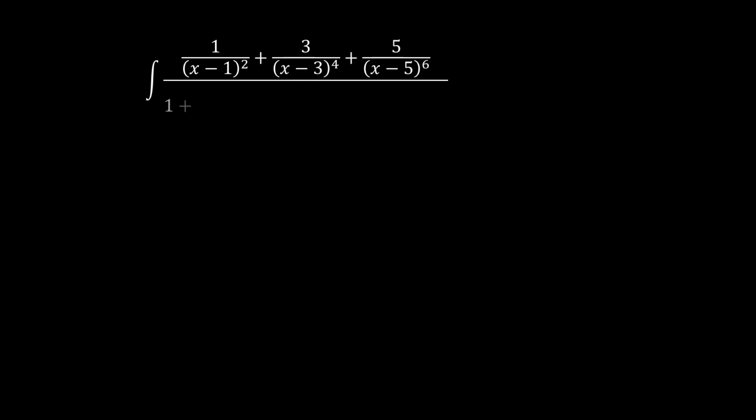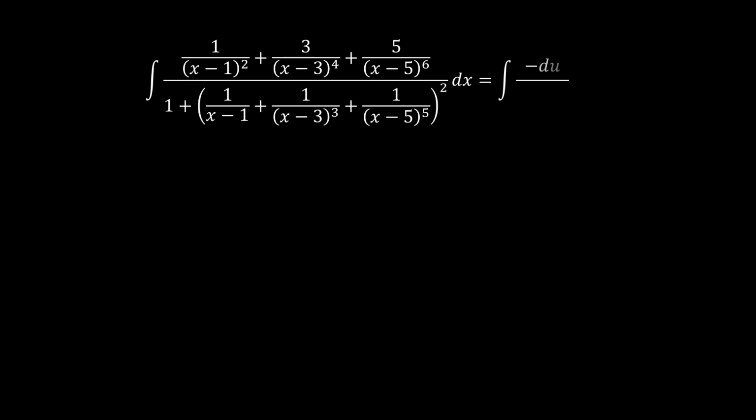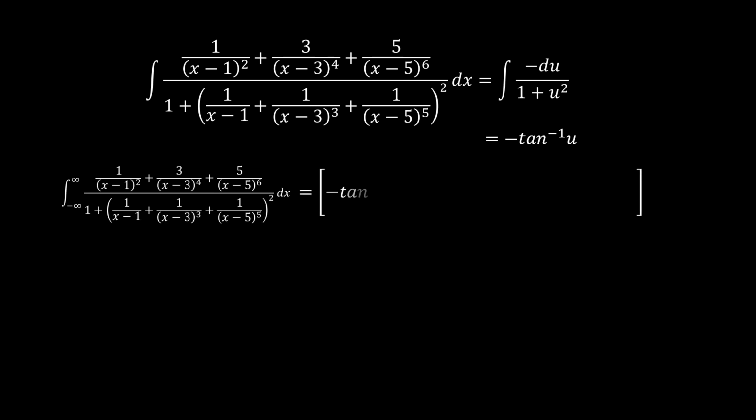When you integrate that, it is the same as arctangent of that variable. So negative 1 over 1 plus u squared, when you integrate that, is the same as negative arctangent of u. And then when we plug in our limits there, that means